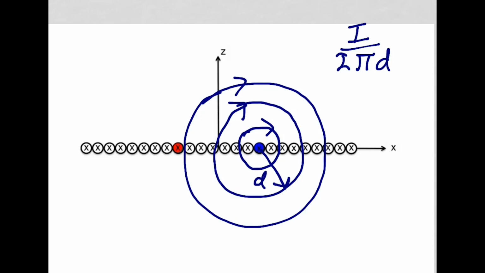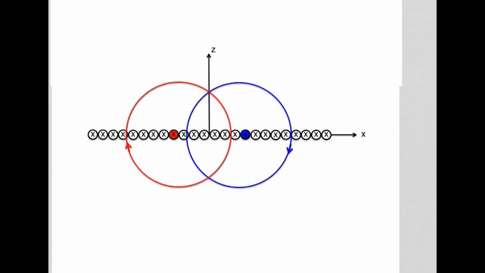We are now going to look at two current elements that are equal distance from the origin, say this one and this one. So here's our two selected wires at equal distance away from the origin, and let's look at the magnetic field intensity at this point on the z-axis due to these two currents. For this current here, it would be this magnetic field intensity, and for this current here, it would be this magnetic field intensity.